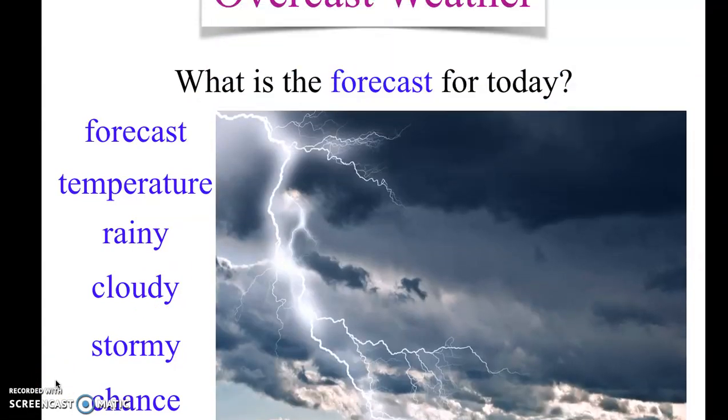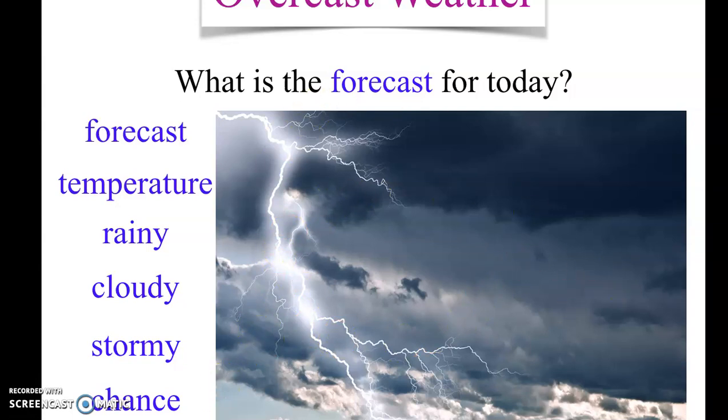How about stormy? Here we go. So stormy. Okay. You can see the dark clouds here. You can also see this, right? This is called lightning. And the very loud sound you sometimes hear because of the lightning is called thunder, right? So lightning and thunder. If you hear thunder, there is lightning somewhere, even if you cannot see it. So this is stormy, a stormy day. And this morning when I looked outside, it was a little bit stormy, and I think it was last night as well.